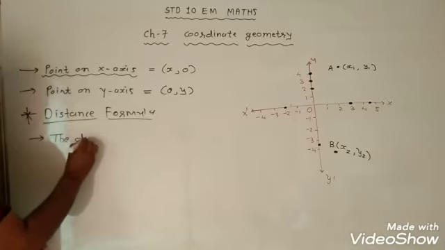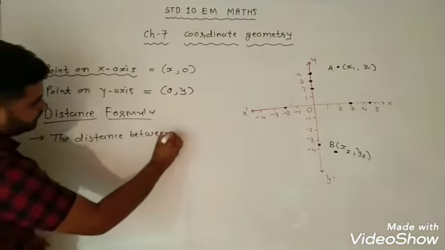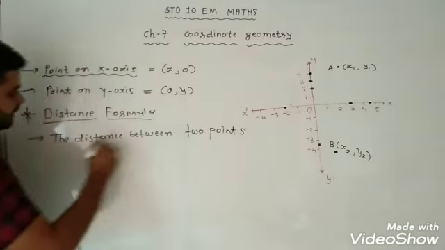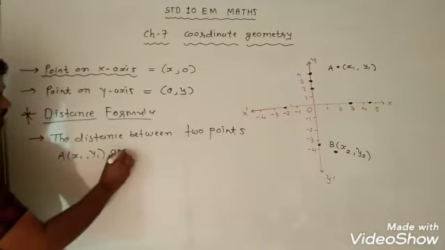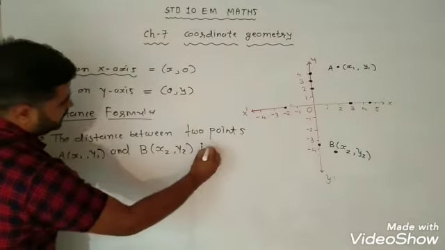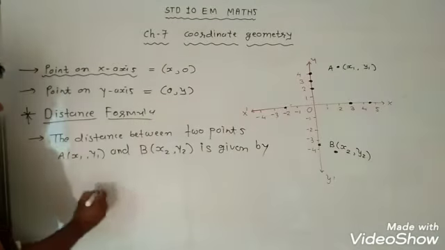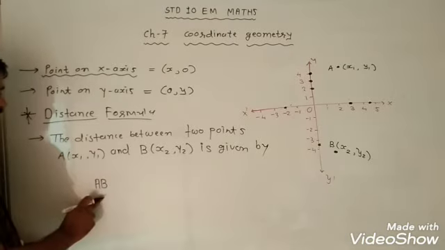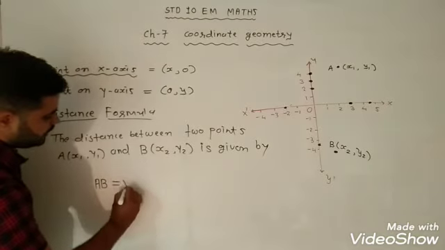The distance between 2 points, first point is A, x1 y1, and second point is B, x2 y2, is given by, and I write the distance formula here, given by AB. AB means distance between A and B is given by AB is equal to under root,